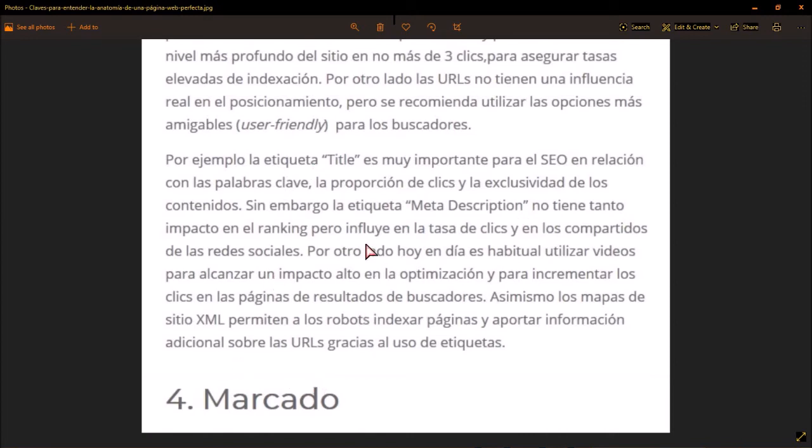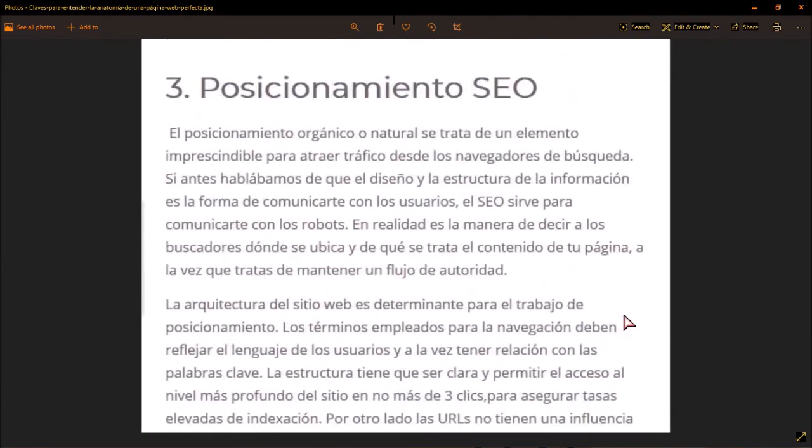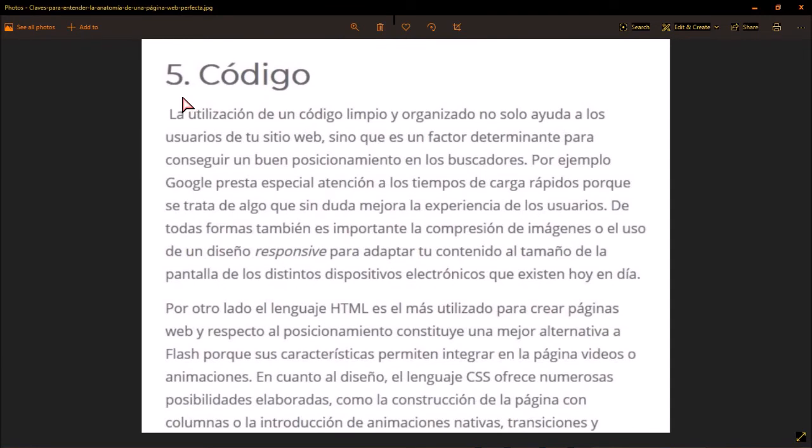So these are just a couple of examples of things that we should care for if we want to improve our positioning. And there is more advice here about how to code. Here they say that we should use clean, organized code, that not only helps users of the website, but is an important factor to obtain a good web positioning.